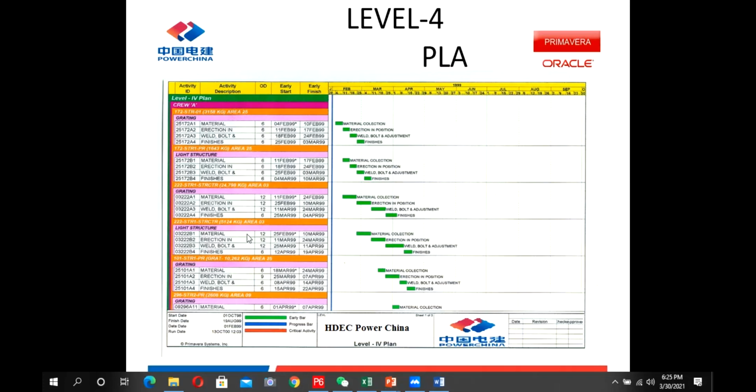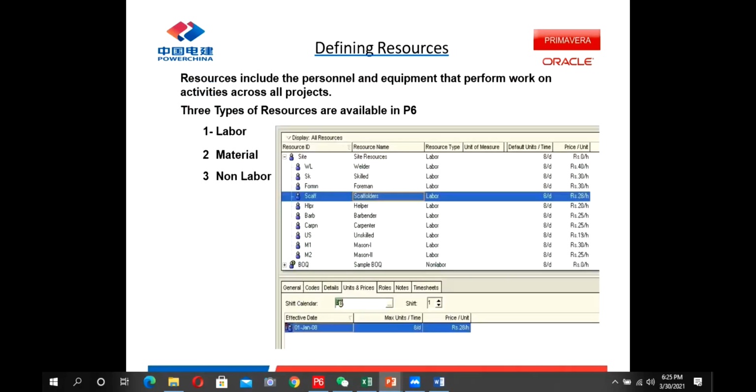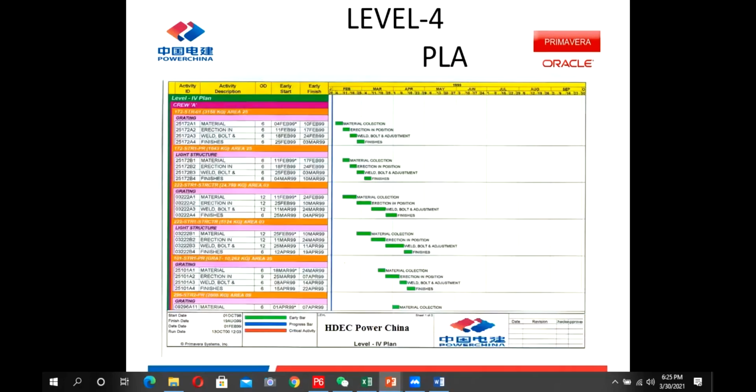So, today, these are the levels which are very commonly used. So you should have a clear idea what the planning levels are. I gave you a very common example that level 1 is up to project level, in which you just discuss when this project is going to start, when it is going to finish, and what the major milestones are. Normally, most of the project level 1 comes from the client side.